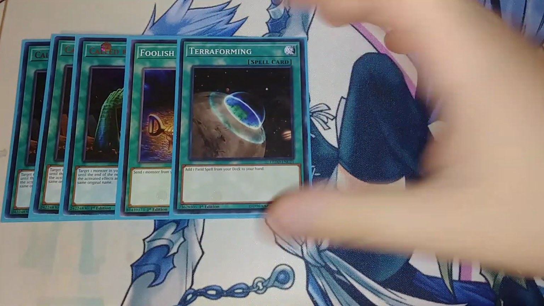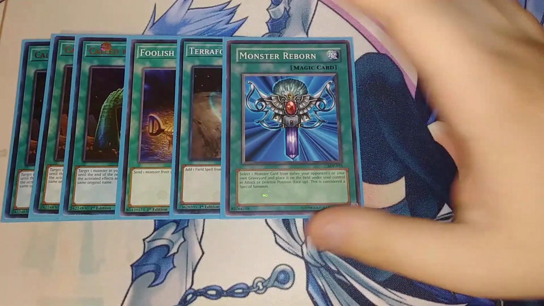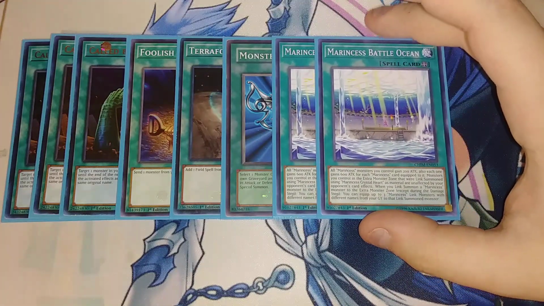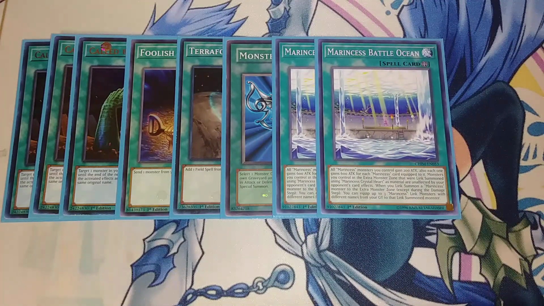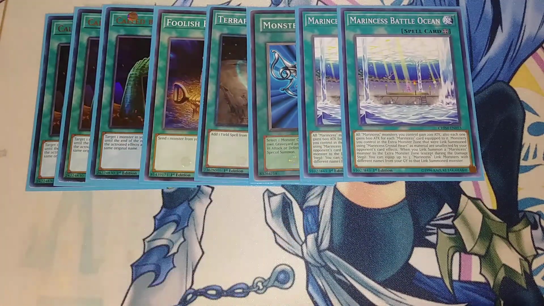1 copy of Terraforming to search our Battle Ocean. 1 copy of Monster Reborn just as an extender. 2 copies of Battle Ocean. Battle Ocean is really neat. If you guys don't know what this card does, it is a really neat card that basically has the ability that all Marincess monsters you control gain 200 attack, and also each one gains 600 attack for each Marincess equipped to them as well, which comes in really handy with the